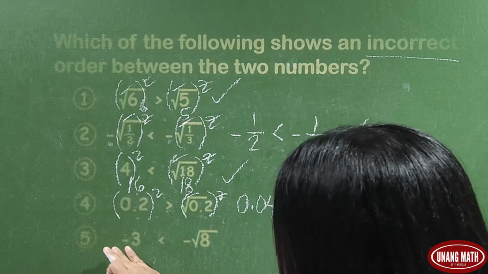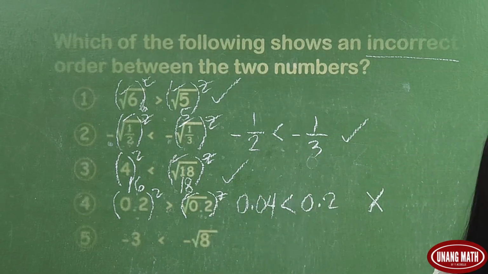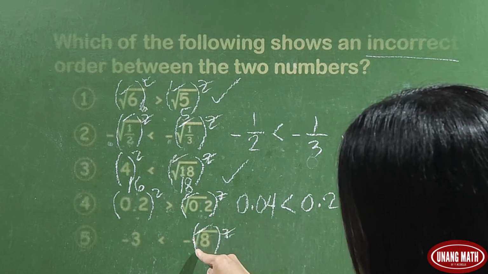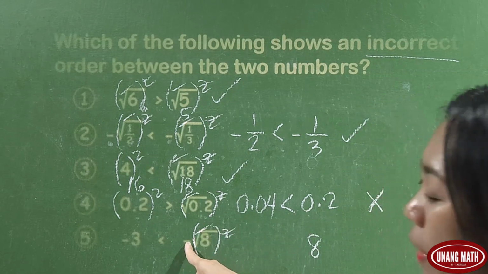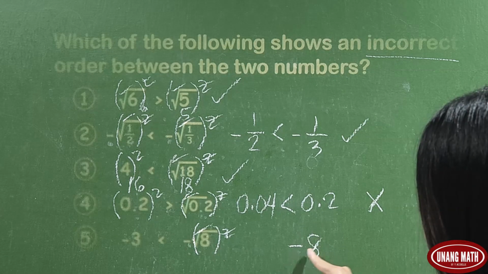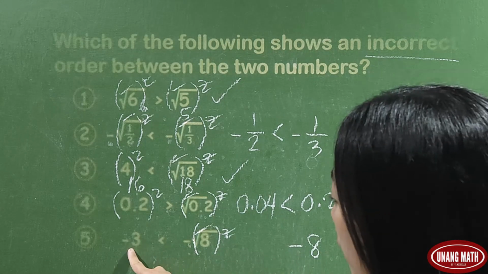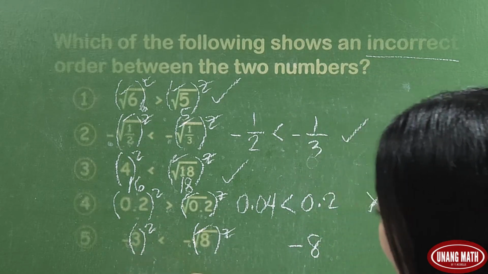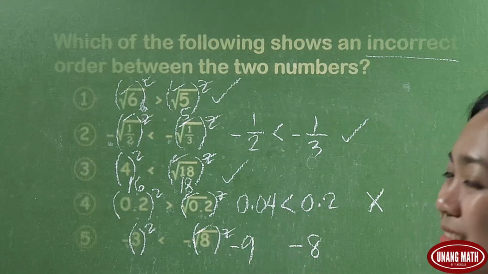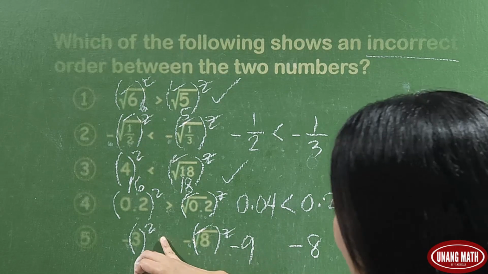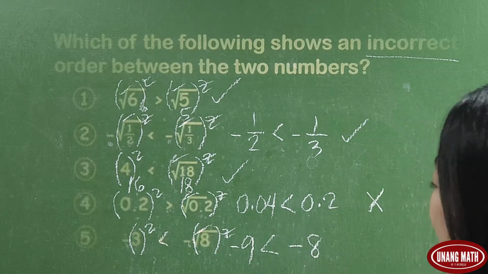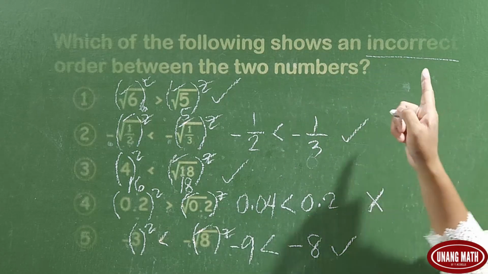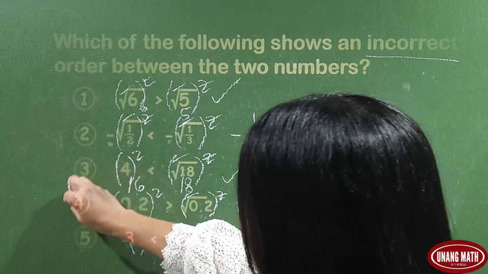For number 5, negative 3 is less than negative square root of 8. Let's find out. Square this one, cancel. So we have here 8. But we have a negative sign outside, so it means this is negative 8. What about negative 3? If we're going to square this one, then 3 squared is 9. And then attach the negative sign, so this is negative 9. And negative 9 is less than negative 8. So this statement is correct. So which of the following shows an incorrect order? That is option